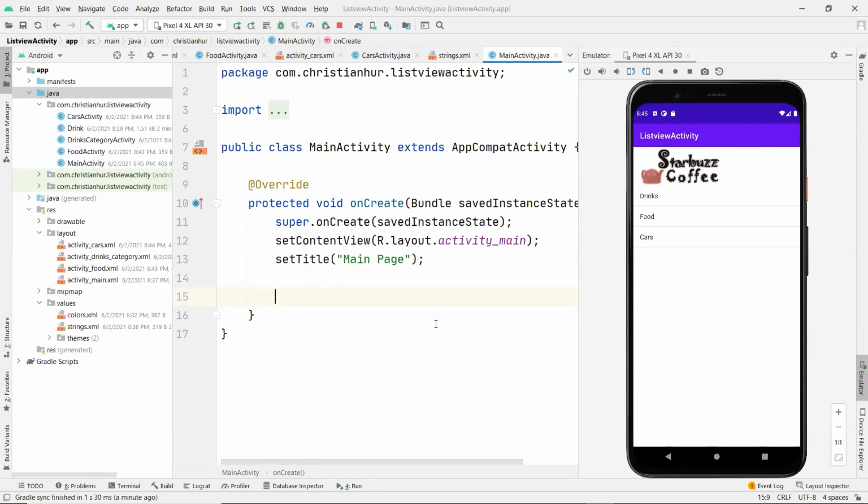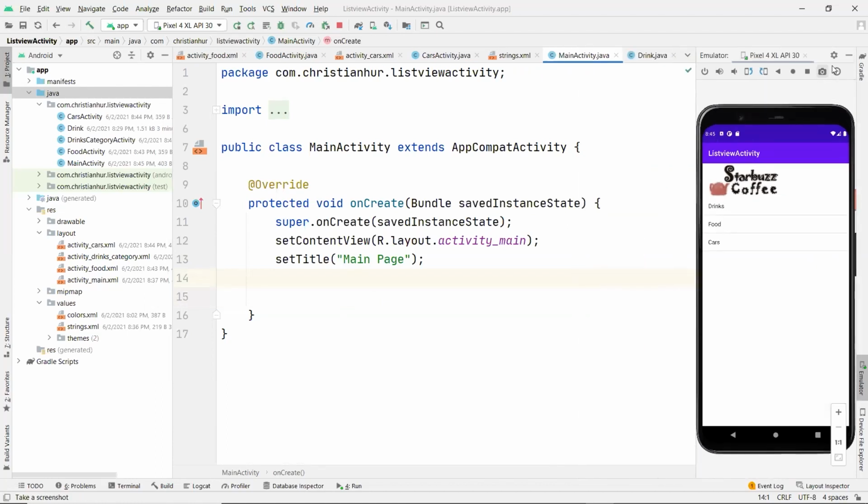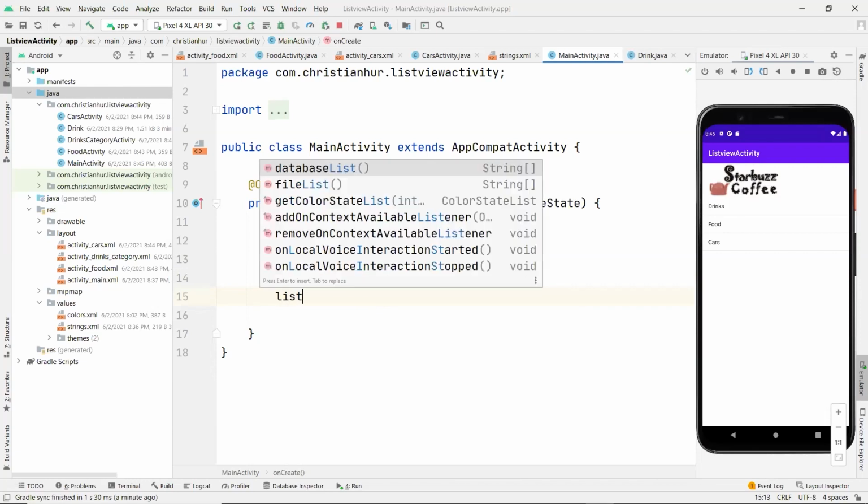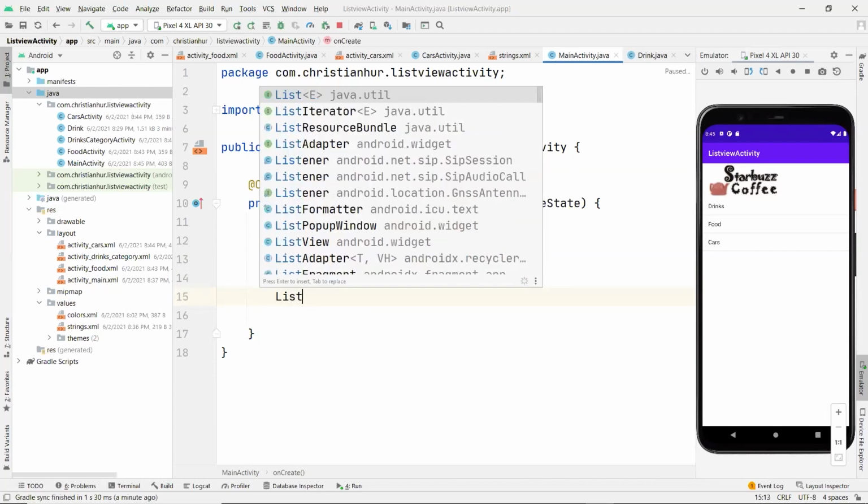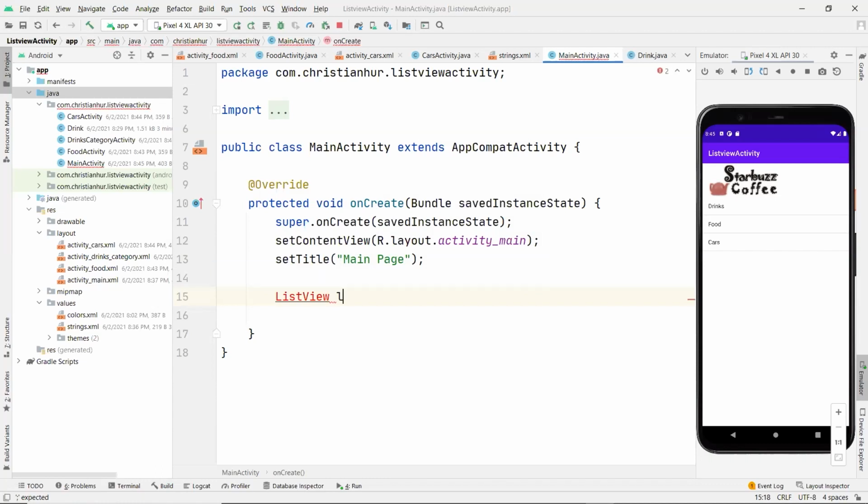Okay, so next we need to establish a reference to this list view, right? So just like before, you can create a list view. Let me go ahead and close this right here. So list view, and we'll call it, again, just list view, that's fine. And import this. Let's say equal to the find view by ID, can hit tab,